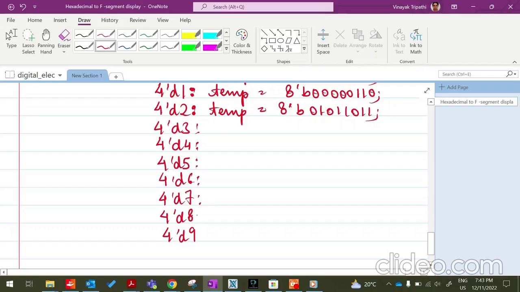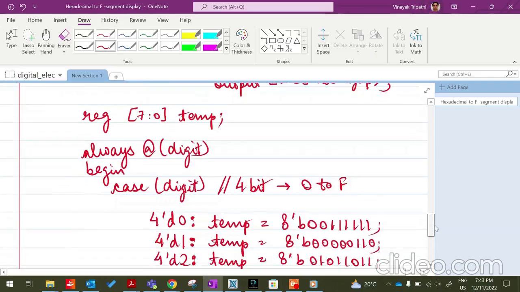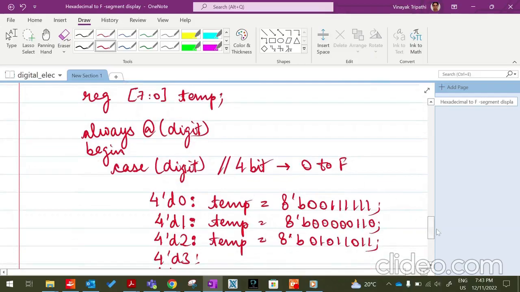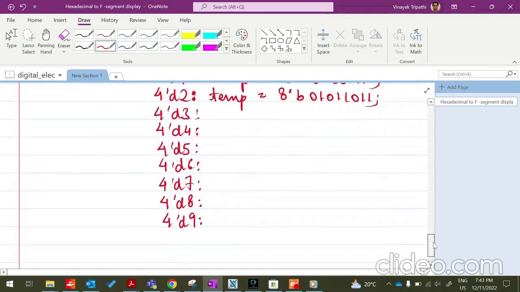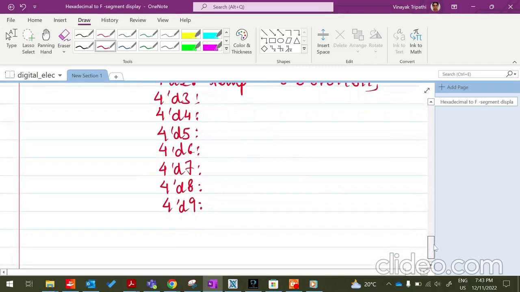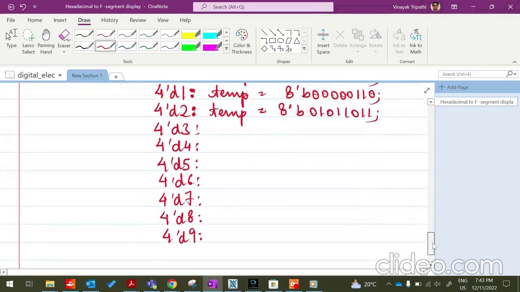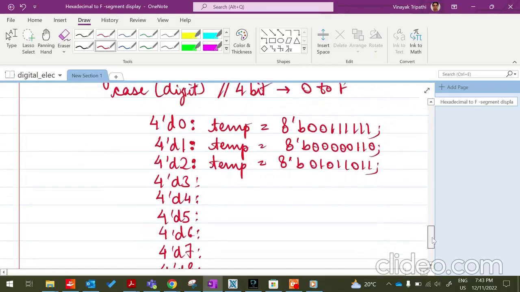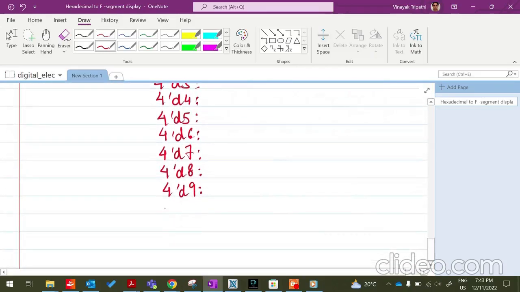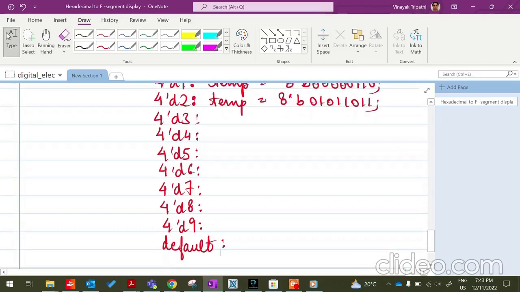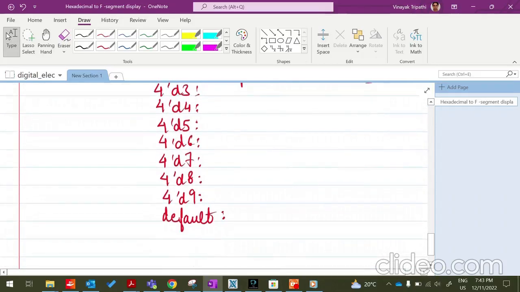Now, what happens if someone in the input gives all ones to it, or F, as I can say on the digit side, if I supply all ones, or suppose somebody supplies anything else. So what will be our go-to strategy in that case? What should be our go-to strategy? So case actually provides a default value where you can give what is to be done if none of our cases are getting satisfied, right? So that can be given in default